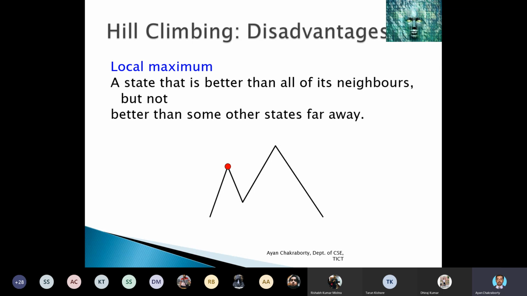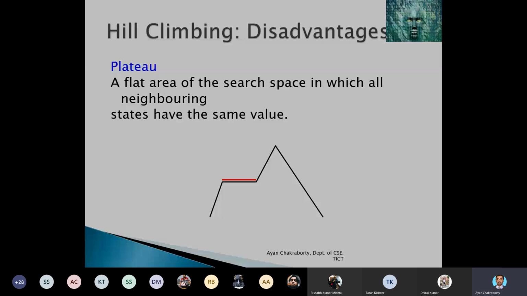That's why sometimes it seems that you are at the top of the hill, or you have reached the target, or you have achieved the goal, but it may not be. There may be some higher value target nodes, or higher value peaks, which are beyond your visibility region. So that is another disadvantage.